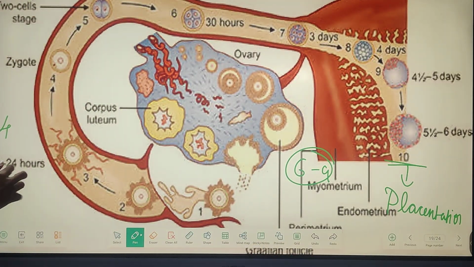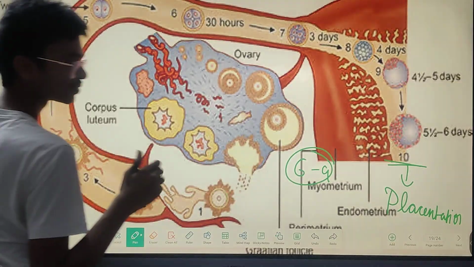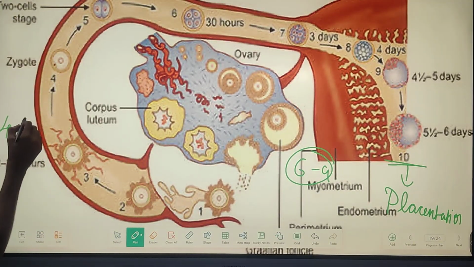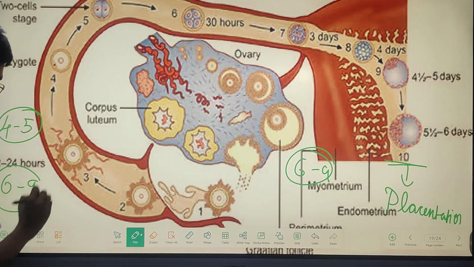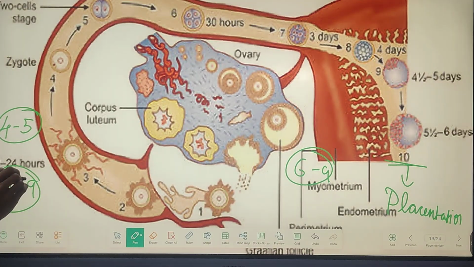From 4 to 5 is where the blastula is formed. Then after that, from 6 to 9,